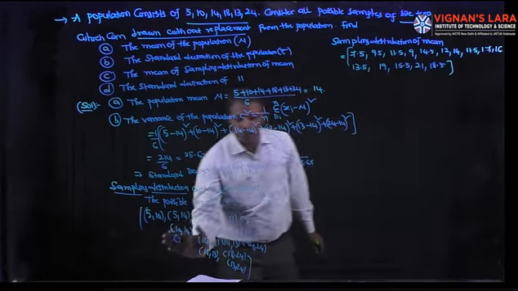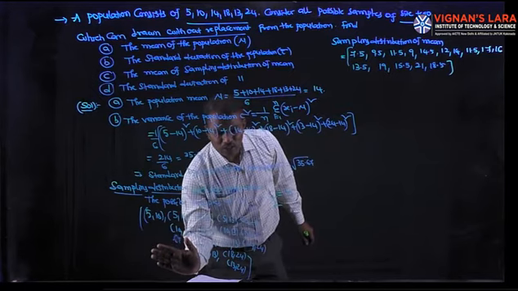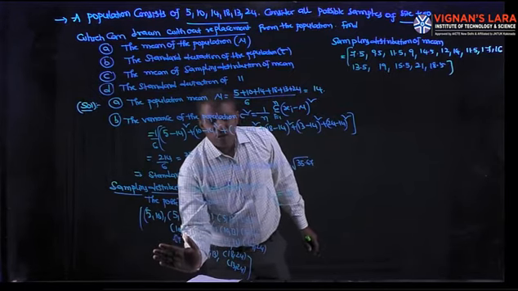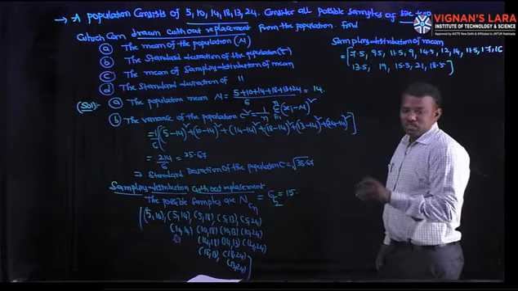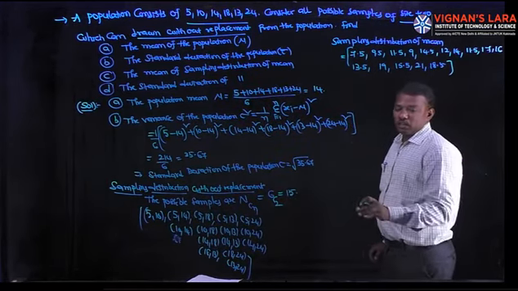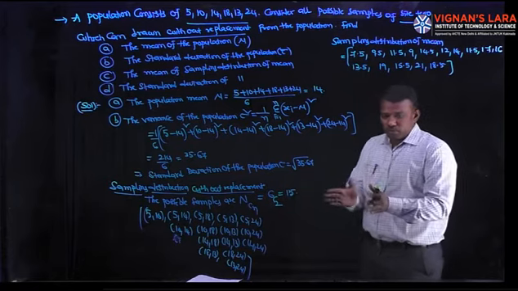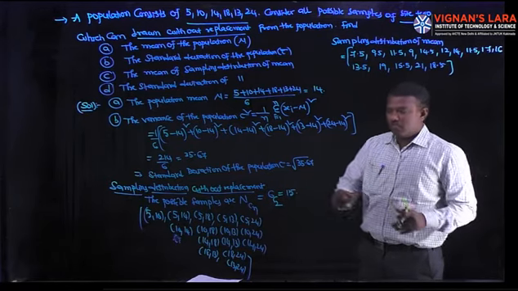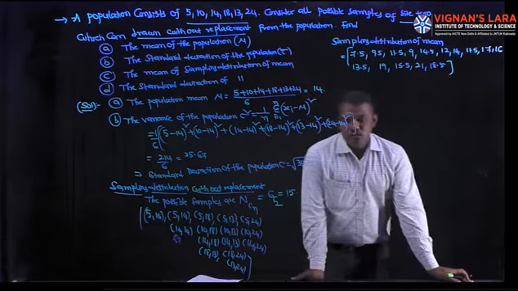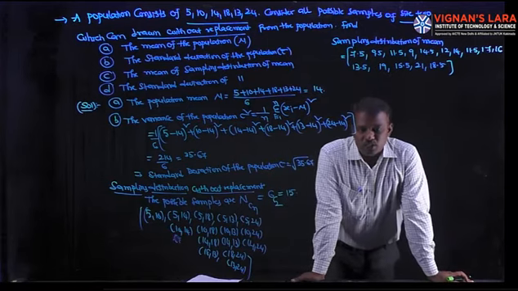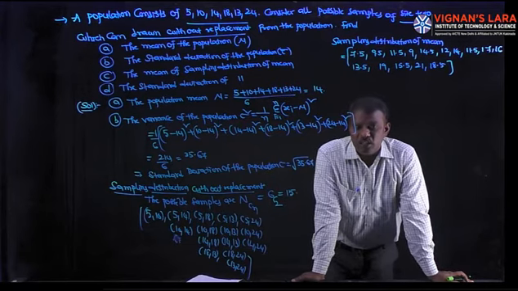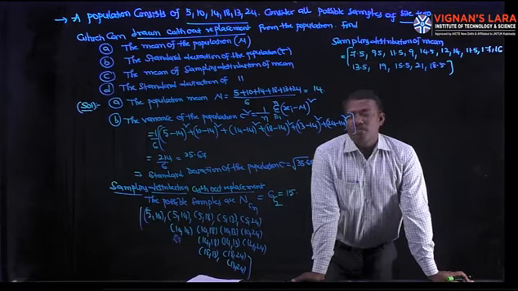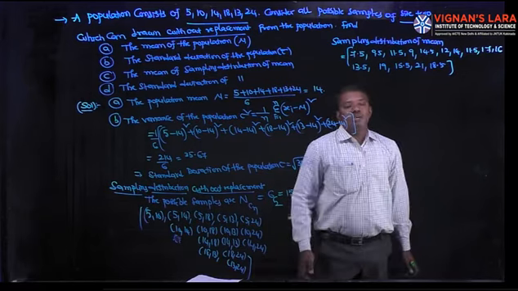This is the sampling distribution. It consists of all samples of size 2. The sampling distribution of mean consists of all sample means. In general, sample means are calculated with the formula: summation of elements in the sample by its number. For example, the sample is 5, 10. Its mean is (5 plus 10) by 2, 15 by 2, 7.5. Next, 5, 14. The sum is 19, 19 by 2, 9.5. Like that. So that is the sampling distribution of mean.